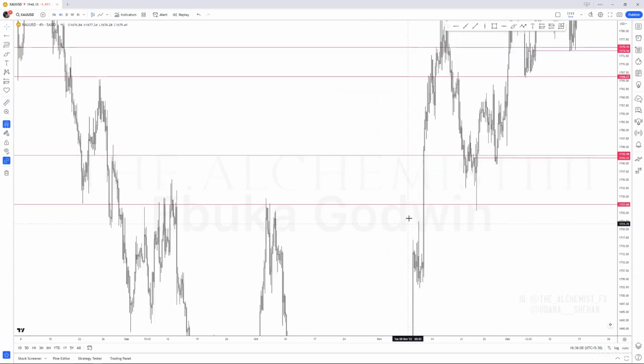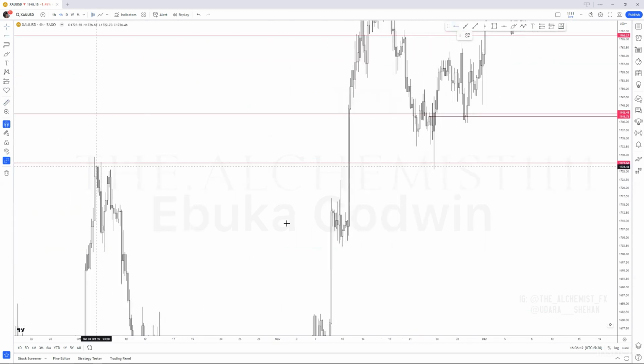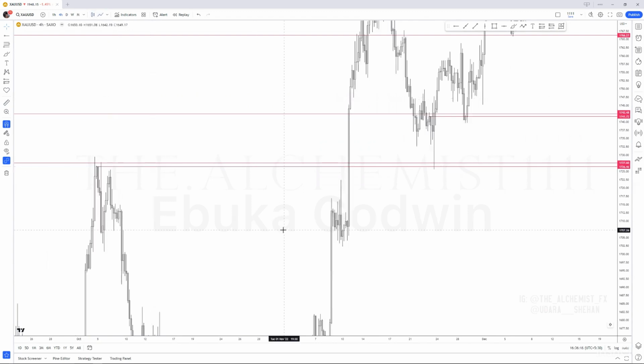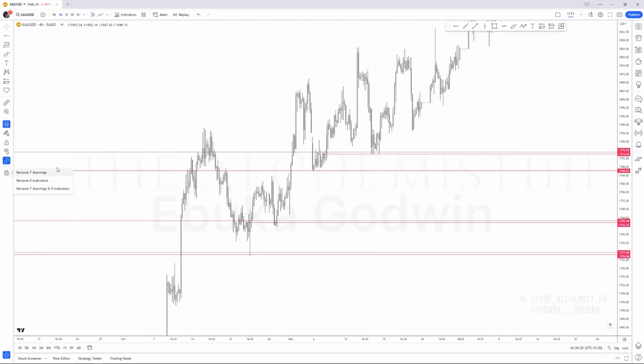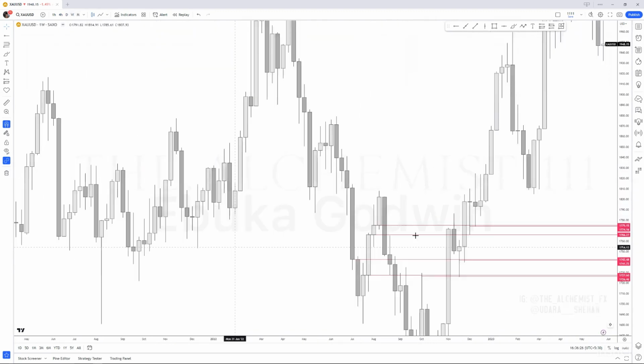So look at this one. This zone you could have refined into maybe here. What is that? RBS. So this is how you could refine zones and do all that stuff. You see this, right? You see where all these lows are made, on the higher time frames, on the weekly time frame itself.